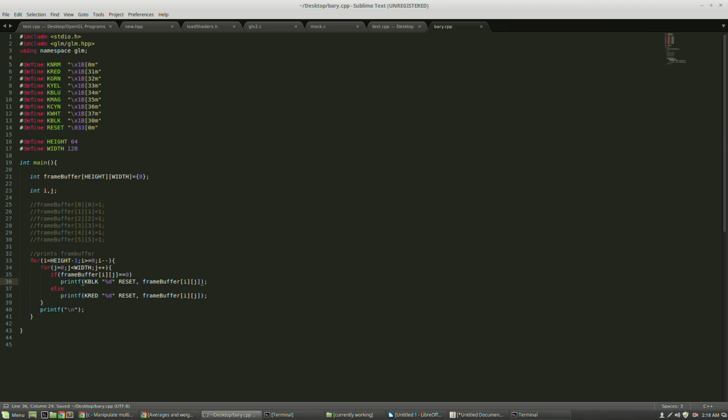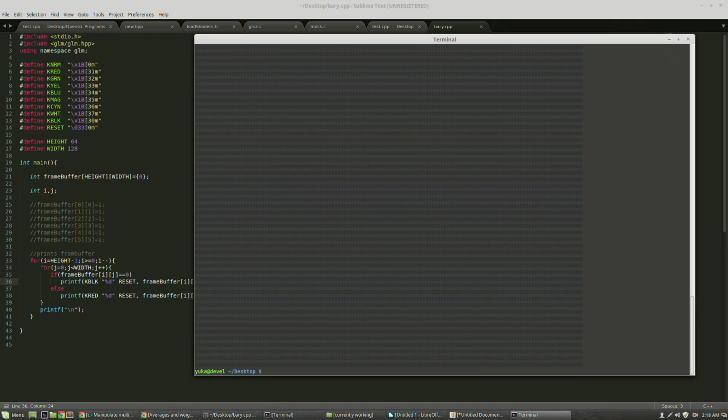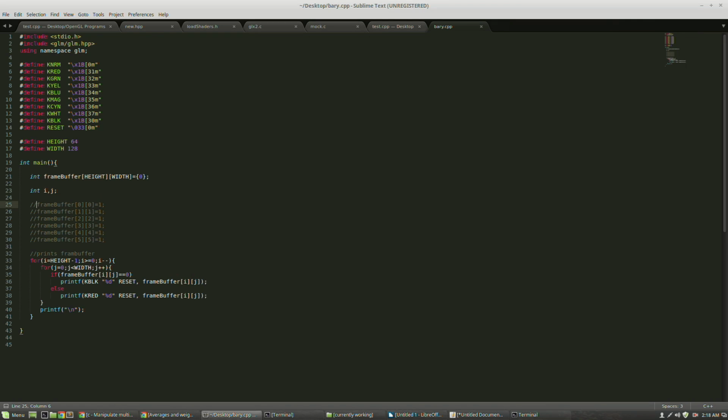So here's my little software implementation of our own little rasterizer and our own little frame buffer with pixels. What we're going to be doing is playing around with it to get an idea of what's going on. So here I've drawn